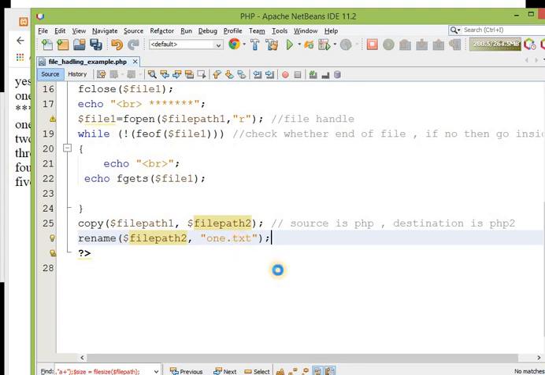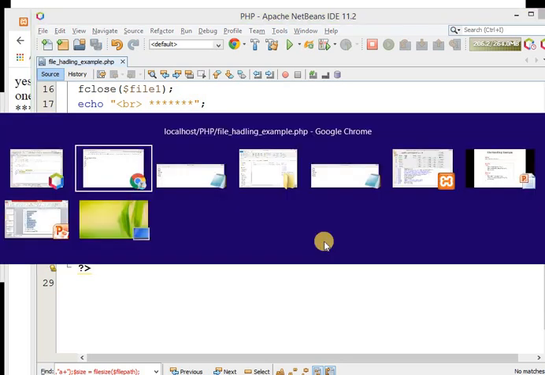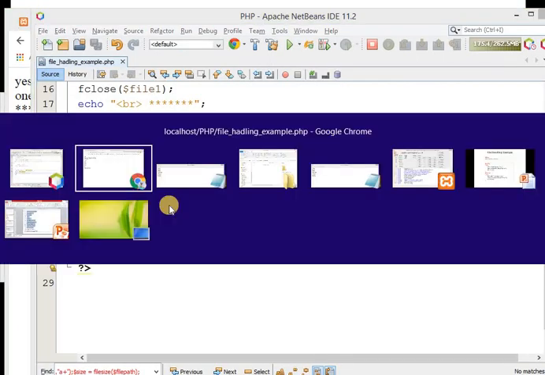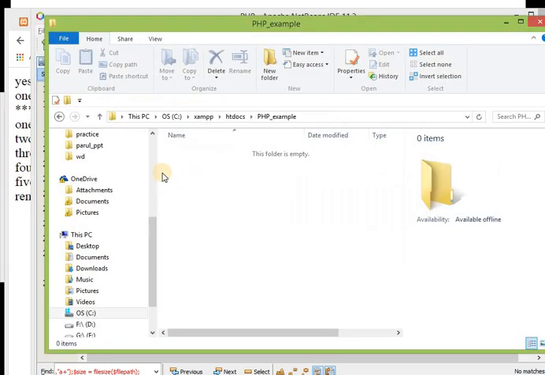Save, and let me put one message, echo rename done. Simple. Save. Let me refresh this page and we got our message, but you have to check manually whether it has been done or not.